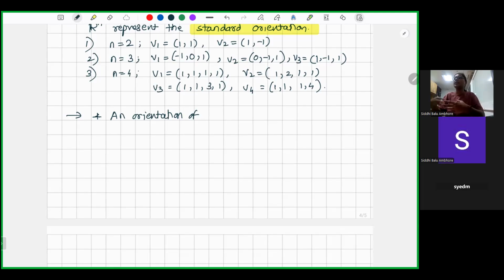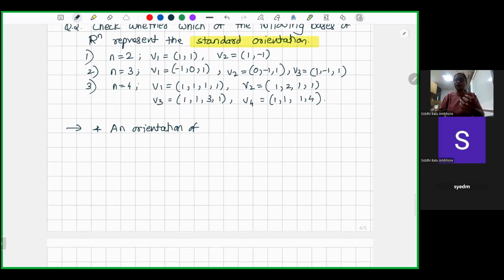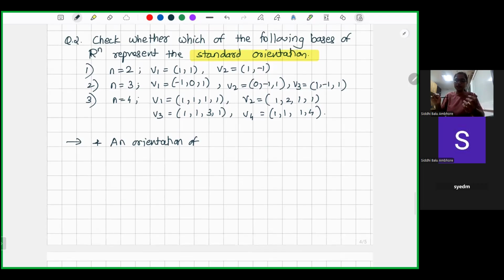Okay, so determinant will either be positive or it will be negative. Based on that, we say whether it represents the standard orientation. When we say standard orientation, it is the orientation of the standard basis. Whatever the determinant the basis change matrix has, that orientation is assigned to that basis. It will get clear once we do this. So orientation of Rn is an equivalence class